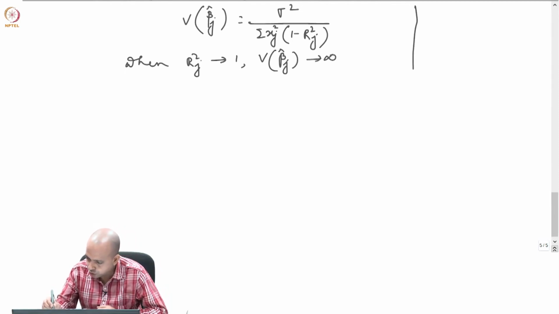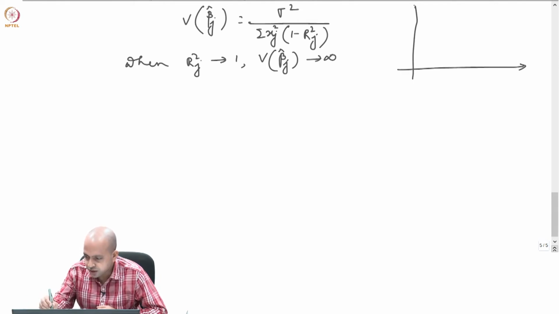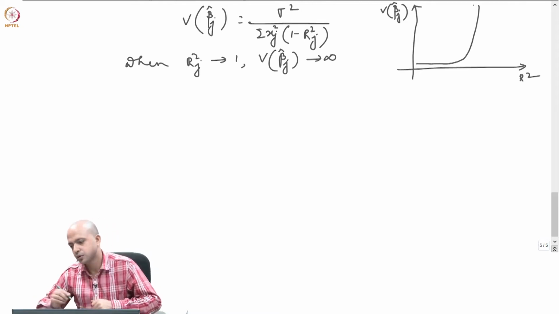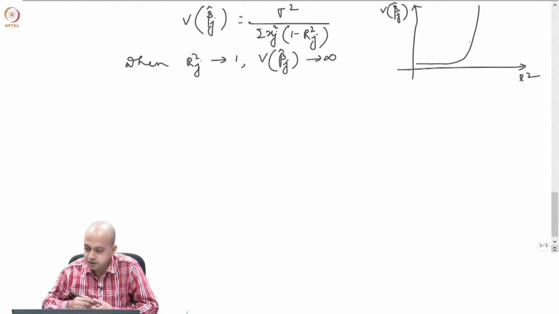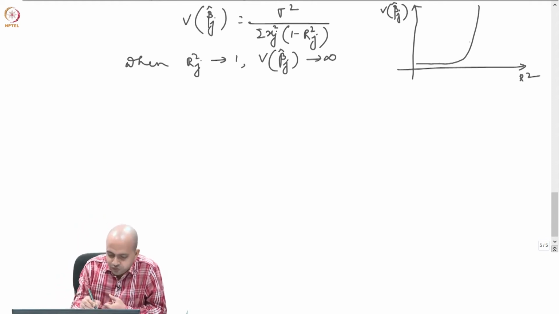And if you plot R square on this axis and variance of beta hat on the y axis, then you will see the relationship will look like this. So, as R square increases, it will increase like anything, this type of relationship. Now, when variance of beta j increases,